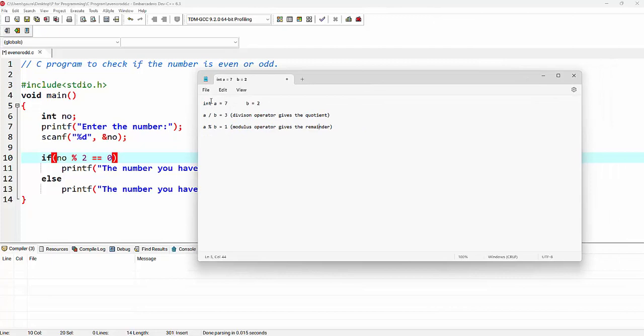So here I have taken two integer variables. The first integer variable is a, whose value is 7. The second integer variable is b, whose value is 2. Let's consider a is a dividend and b is a divisor here. So whenever I perform the division operation, it's going to return 3, because the division operator gives the quotient. Whereas if I perform the modulus operation, it is going to give me 1, because the modulus operator gives